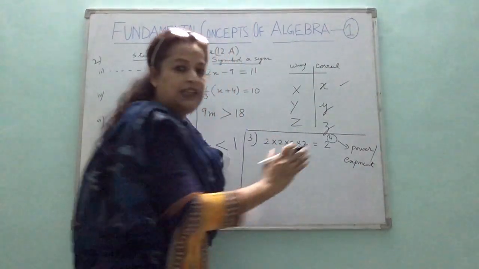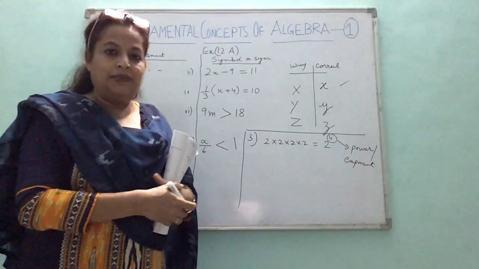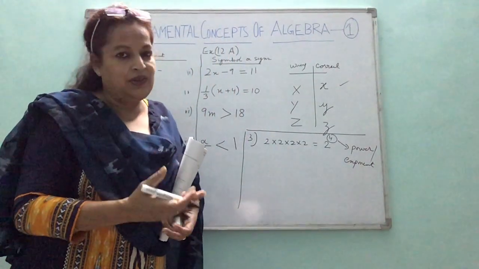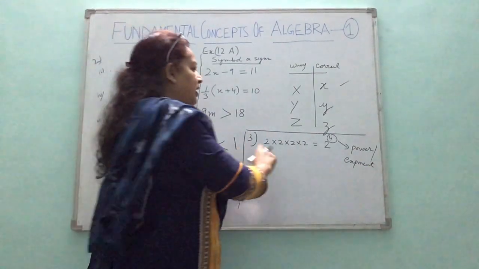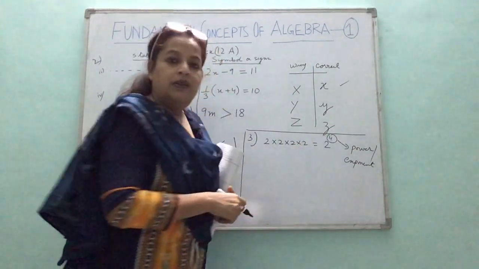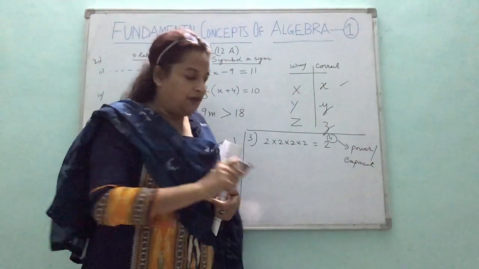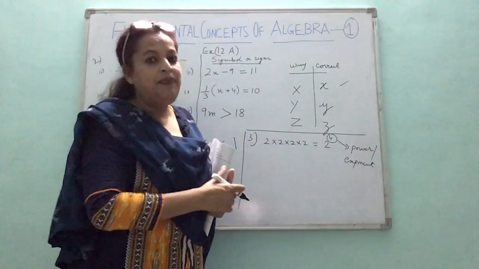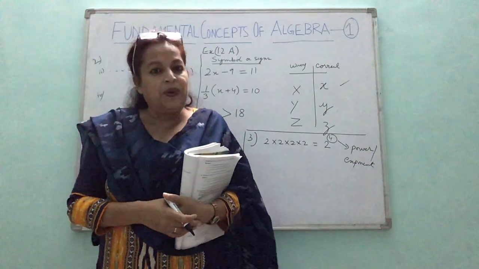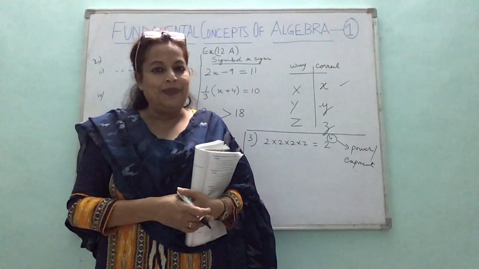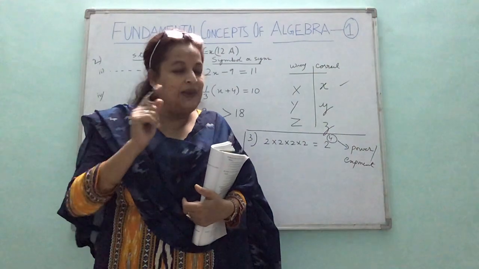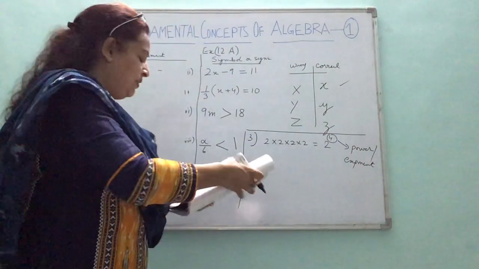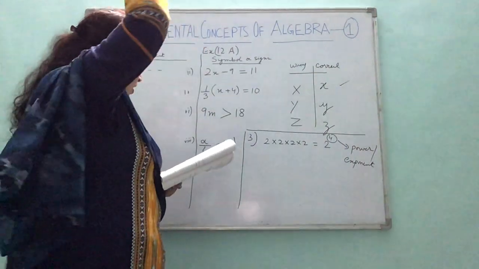So when it is repeated multiplication of the same number, same value, same literal or same constant, then we can express it in the form of powers of that constant or variable, and we call that exponential form. Okay, exponent means power. Okay, so now we have question number 3.